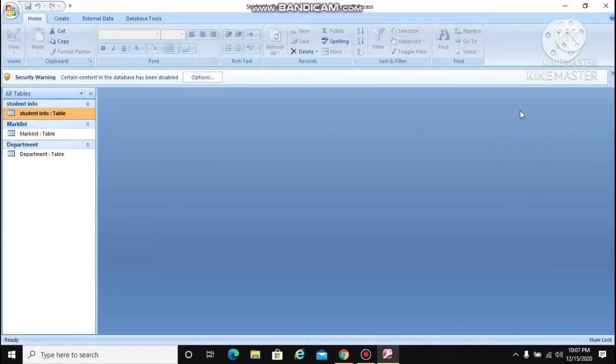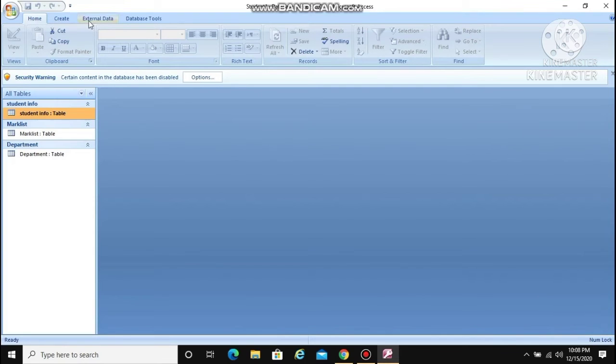Only the last point is remaining in this chapter, that is importing data from another application, that is MS Excel. Students, many times it happens that you need data from outside of your Access database, like from your Excel. Suppose you have created a table in Excel and you want that same table in your Access. There is no need to create it manually. You can import that same table to your Access. And how to do that? You just have to follow some steps. We are going to see.